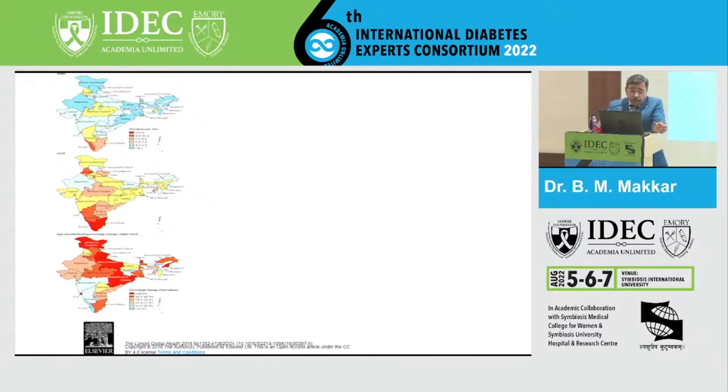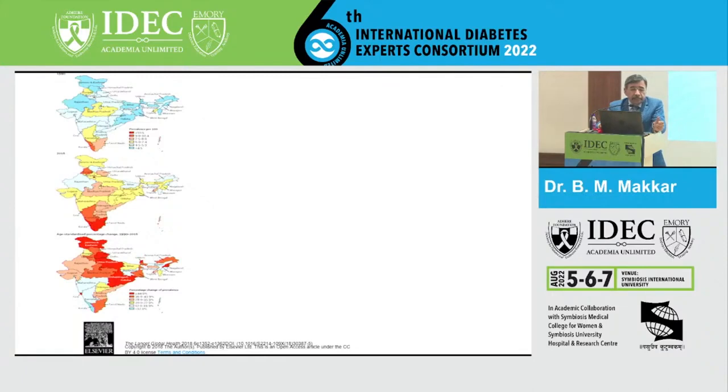This graph also shows you the age and sex-specific prevalence of obesity in India. Now, we recently had the NFHS-5, the National Family Health Survey, and this again looked at the increase in prevalence between 2016 and 2020, that is National Family Health Survey 4 and 5. In 4 years' time, there is almost a 4% increase in prevalence of obesity, both in men and women. It increased from 21% to 24% in women, and from 19% to 23% in men. And the number of thin individuals is decreasing.